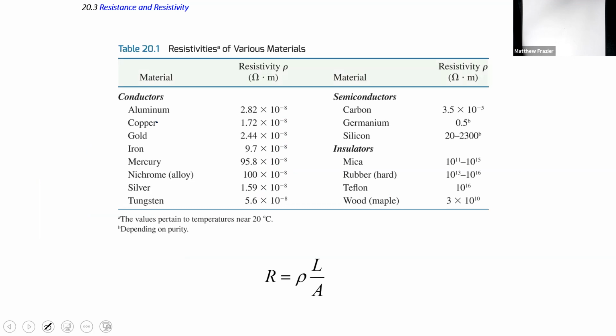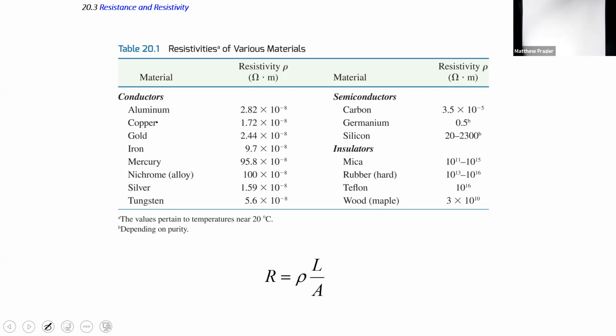For various materials, what we note for the resistivity is the conductors are all very low. We're looking at 10 to the minus 8 ohm meters. Semiconductors, the stuff that is in your phones and computers and calculators and such, are all going to be on the order of 10 to the minus 5 to 10 to the 5, around 1, but a fairly big range. And then insulators are all going to be very big, 10 to the 11, 10 to the 16 ohm meters,